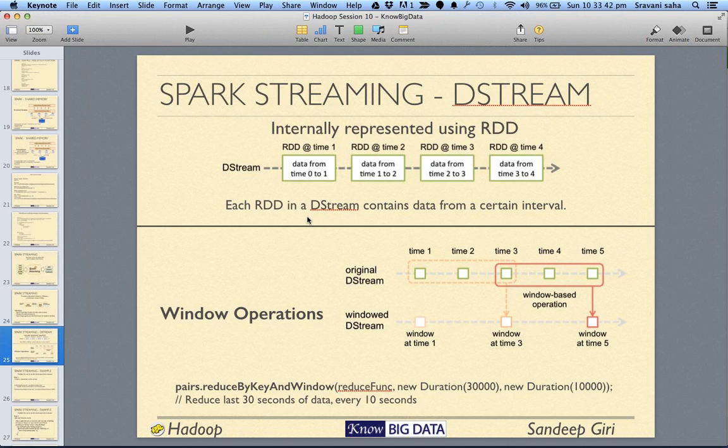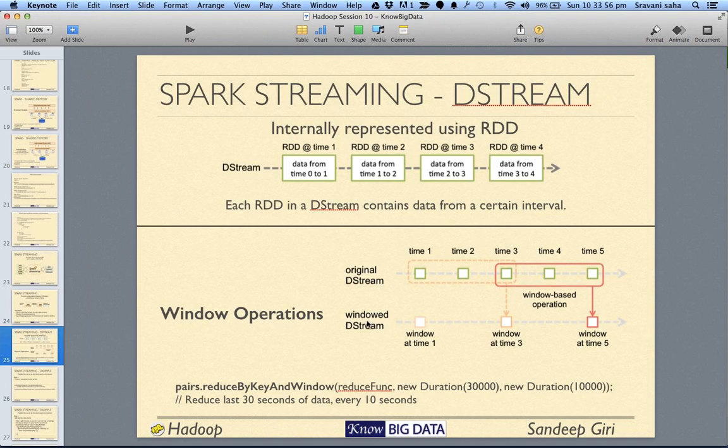And what does window operation mean? At one end, you have data coming at a very fast pace, and then you convert multiple data points into a single window.